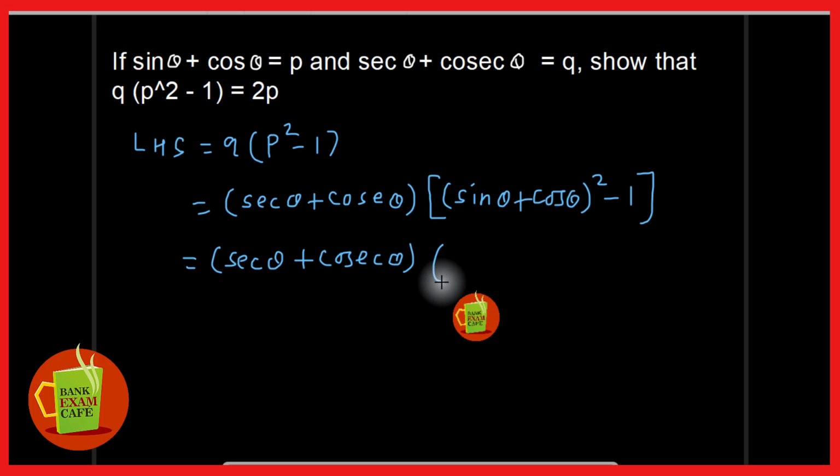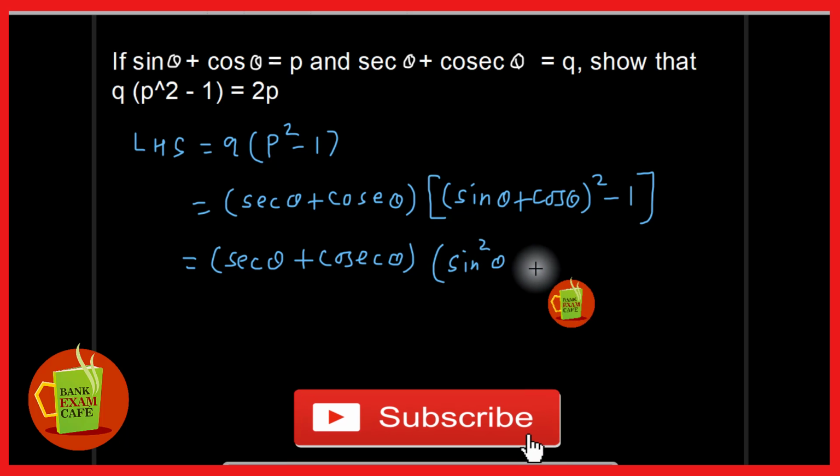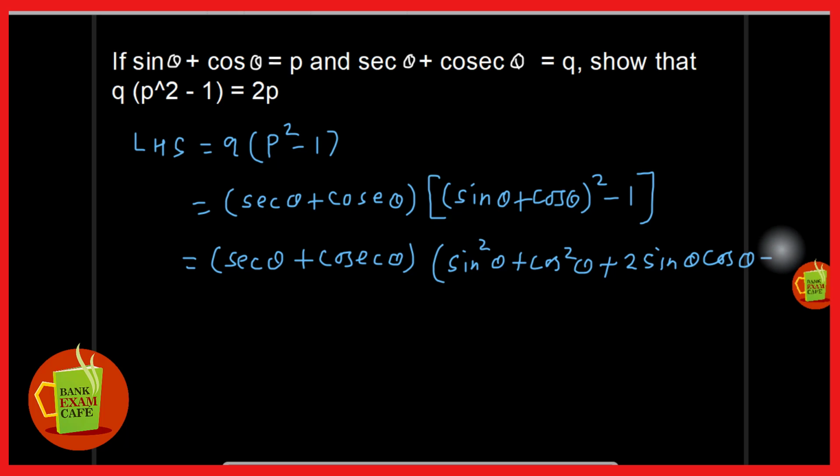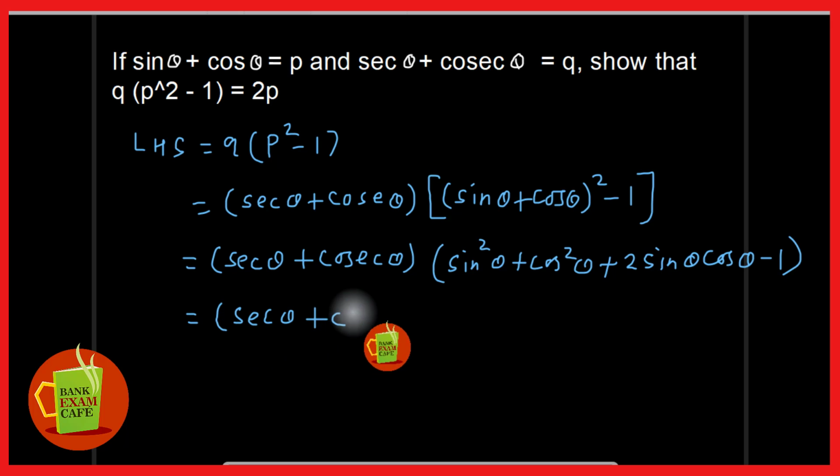Here inside the bracket it will be sin square theta plus cos square theta, that is A square plus B square, plus 2 into A into B. So it will be 2 into sin theta cos theta minus 1. Now here sin square theta plus cos square theta will be 1, and this 1 and this minus 1 will be 0, and you will get this as sec theta plus cosec theta